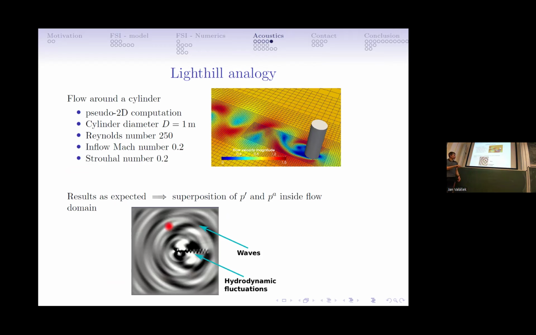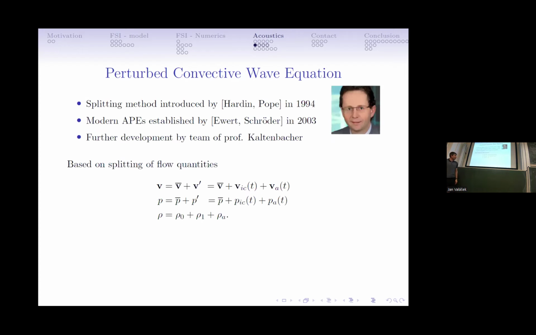You can see here the waves which are really propagating out of this domain, but you can also see, in the domain close to the cylinder, this heavy oscillation which is connected with these vortices of the von Karman street. We cannot say that these vortices are the acoustic ones. Okay, so therefore there is